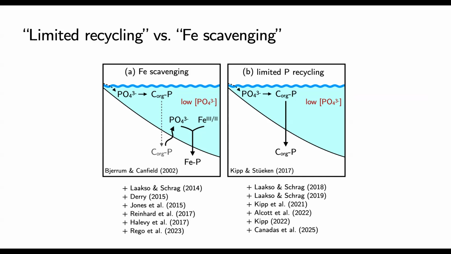But what I want to do from here is say that if we take the limited recycling model as playing some role, not only because of these indications of transport to sediments with organics, but what we clearly know about the scarcity of oxidants in Precambrian seawater, we can then consider the implications and the feedbacks that we would encounter as we oxidized Earth's surface and relieved that limitation on phosphorus recycling.